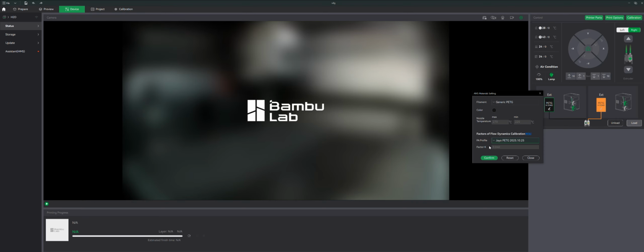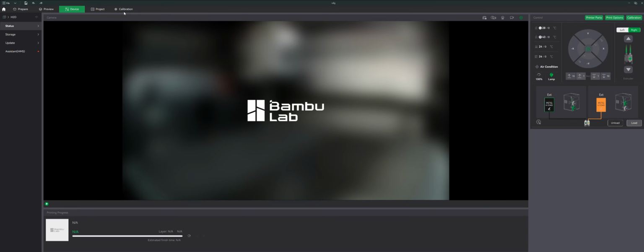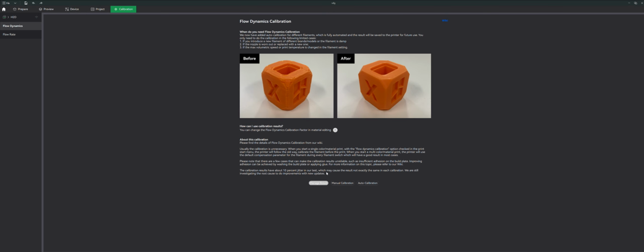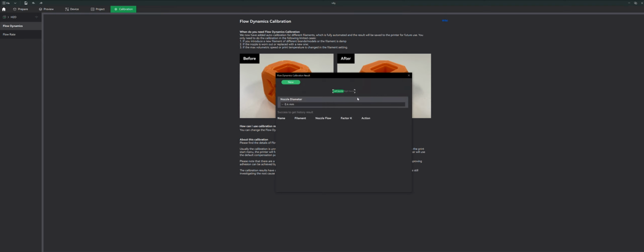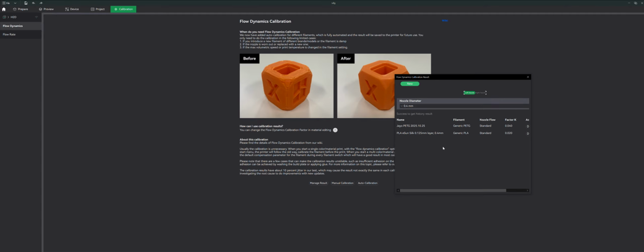So let me show you how this K factor can be modified. You would usually go through the calibration method here, and say you've done your manual calibration, the results would appear here. But say they don't appear here and you just want to set the value yourself. For example, I already have this default one that I usually use. I love this filament, it's very cheap and very accessible. So say I delete it,